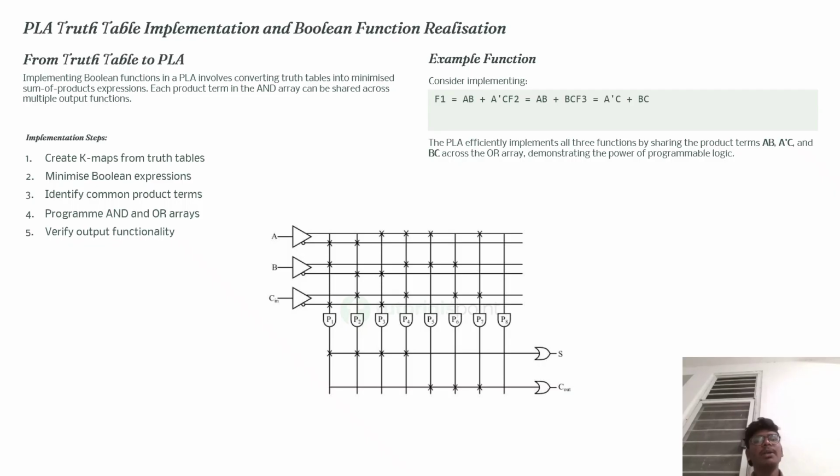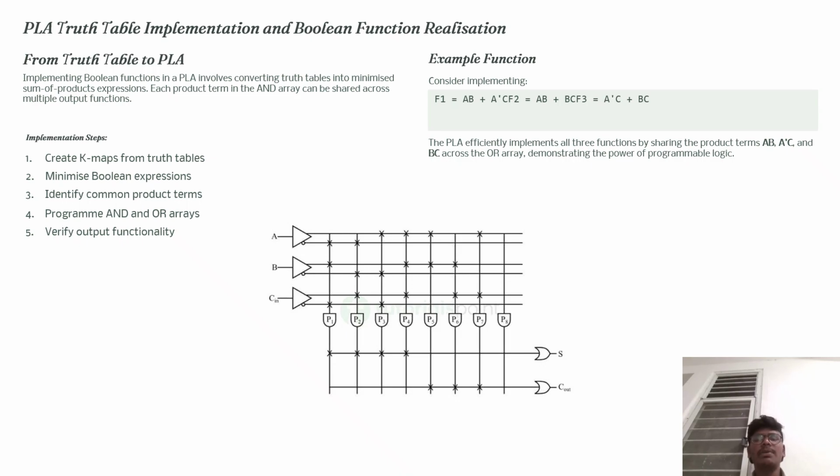PLA truth table implementation and Boolean function realization from truth table to PLA. Implementing Boolean functions in a PLA involves converting a truth table into minimized sum of products expressions. Each product term in the AND array can be shared across multiple output functions. Implementation steps: create K-map from the truth table, minimize Boolean expressions, identify common product terms, program AND and OR arrays, verify output functionality. Example function, consider implementing